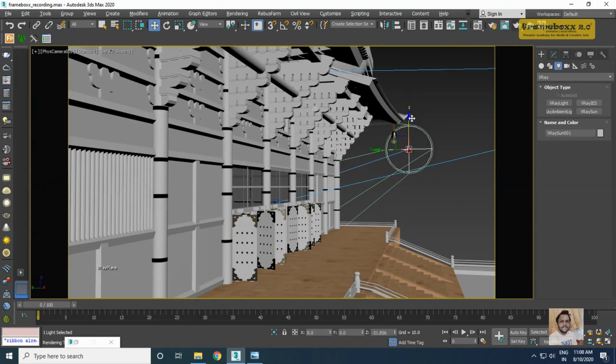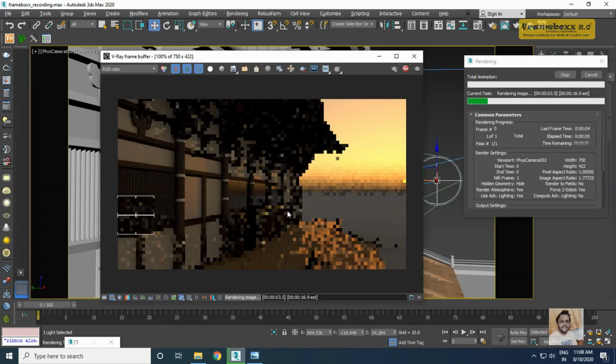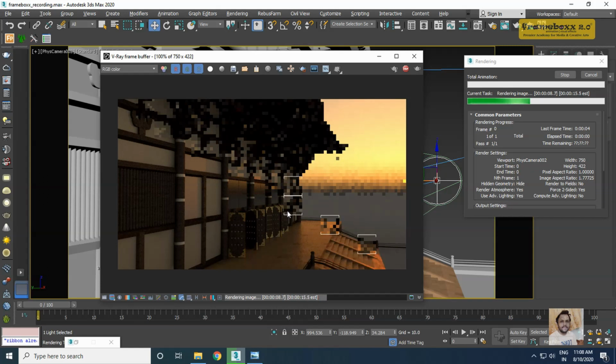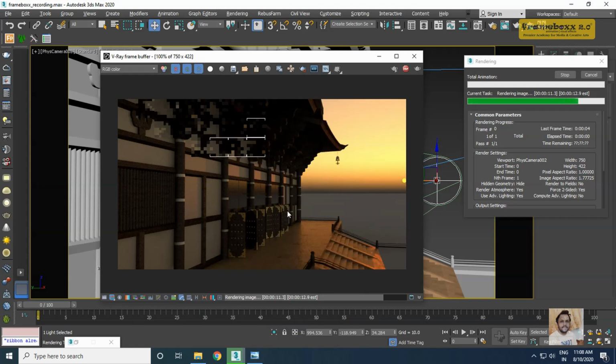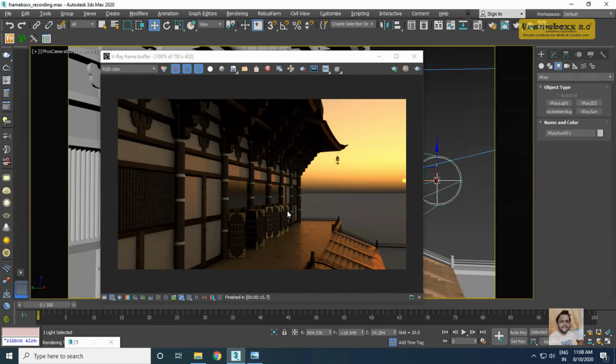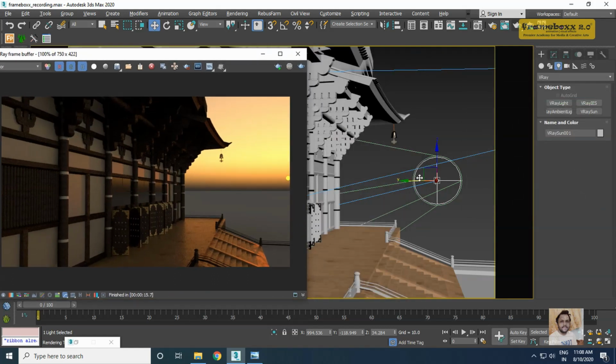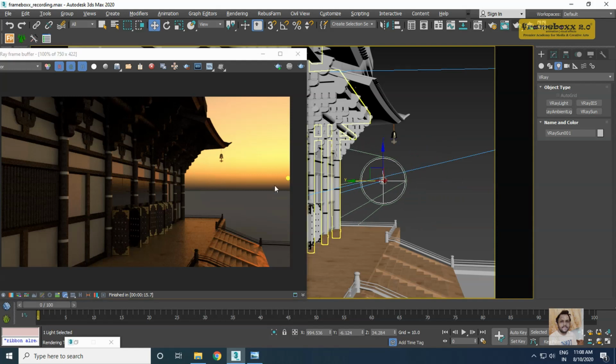In this camera, I am directly looking at the sun. Now if I take a render, let us see what happens. See guys, this is the beauty of V-Ray Sun. You'll be blown away at how good it is while simulating real lighting. See, I can already see the sun in my render. Let me just push it in. It is here right now. I've just kept it to here. See, I'm getting an evening time, I'm getting a cinematic lighting by just 1 or 2 clicks, and also I'm getting a real simulated sun.